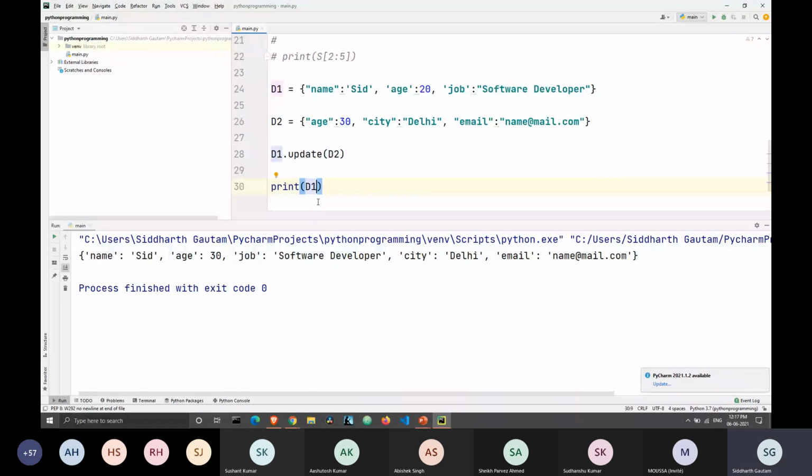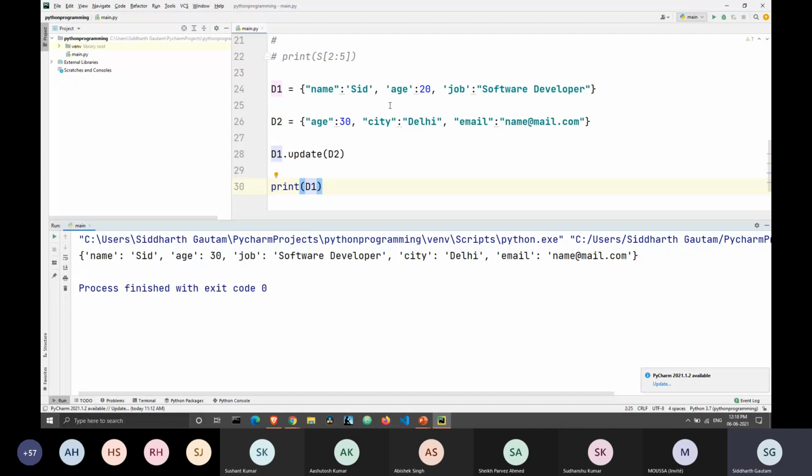The bigger dictionary has all the elements which are in D1 and in D2. But let's take a look at what happened to the common element, which is age. The element age is both in D1 and in D2, but in the updated dictionary, it's only appearing once, and the value of that has been changed to 30.